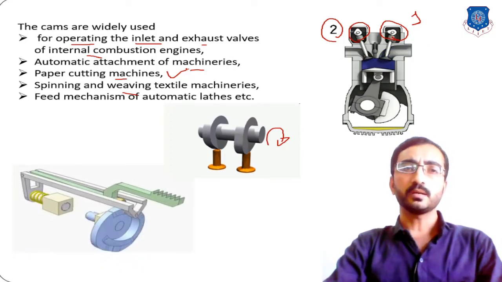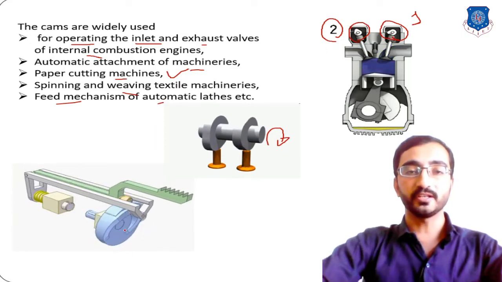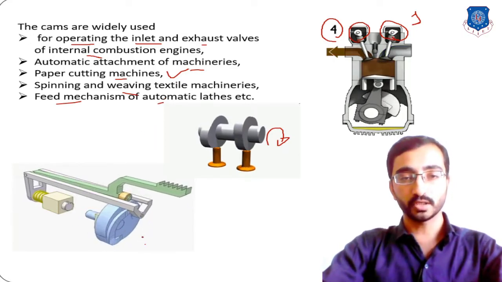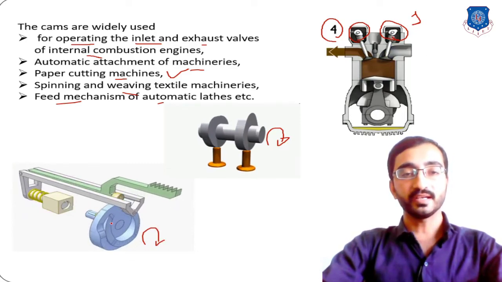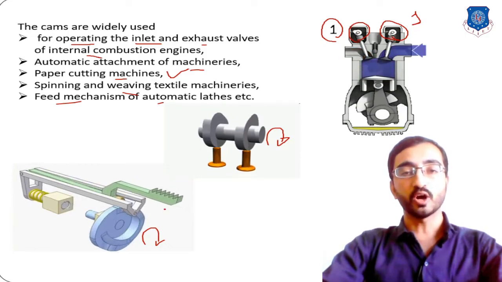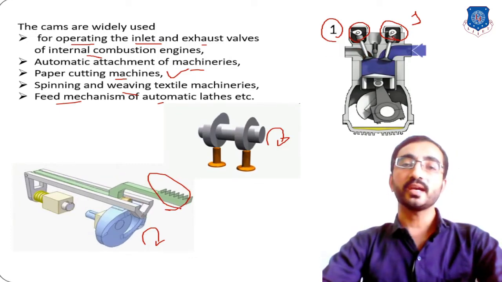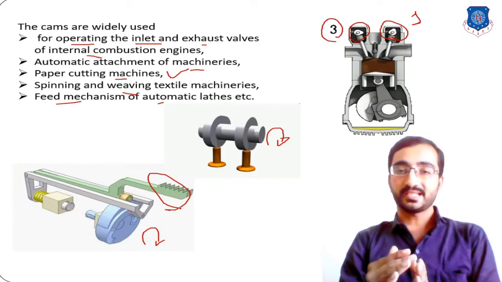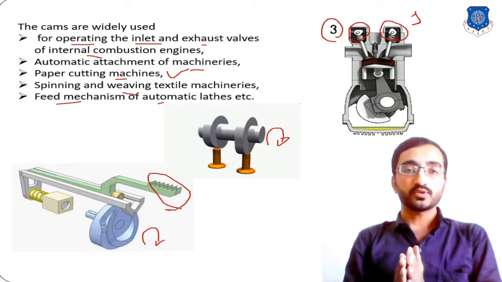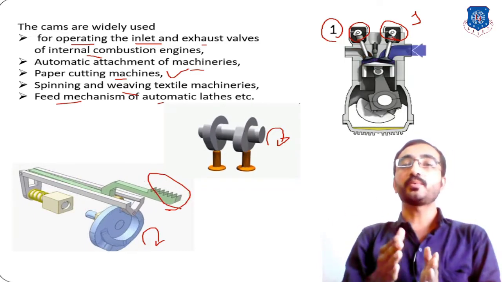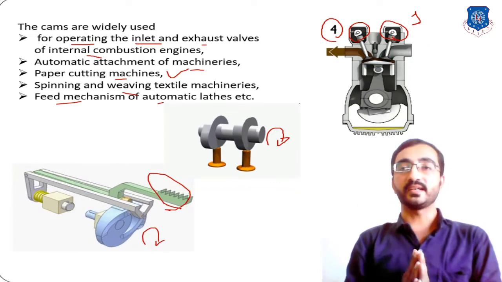Okay, in various mechanisms, if you consider the feed mechanism in a lathe machine, here you can observe this rotary motion, and your cam has a different shape, and that's why this follower is producing this type of motion. In this way you can obtain various oscillatory and reciprocating motions by simply designing your cam. You can design various types of cam, and with that particular design you can obtain the desired output motion that you want to develop, either reciprocation or oscillation.